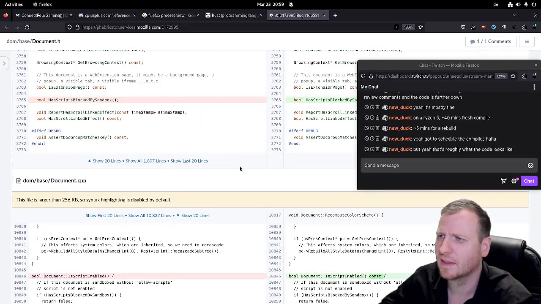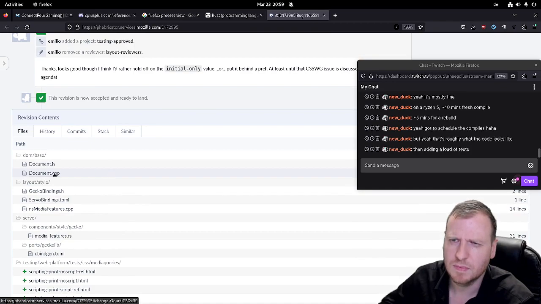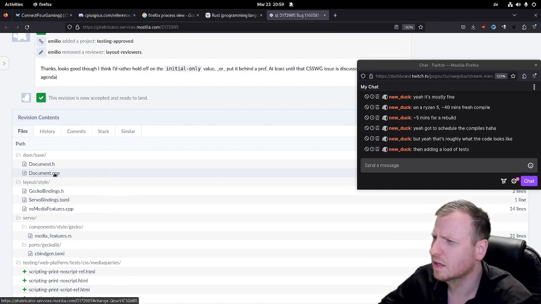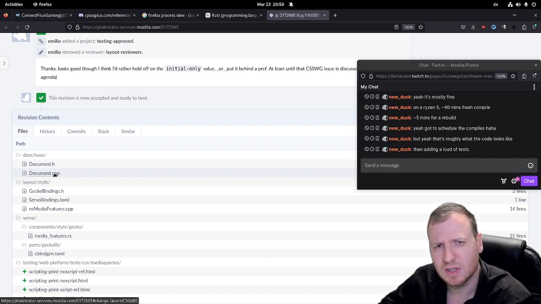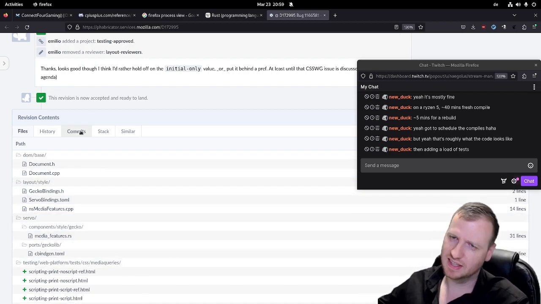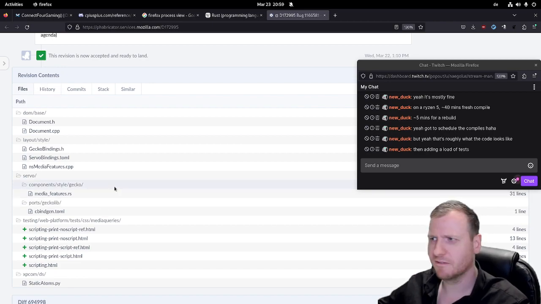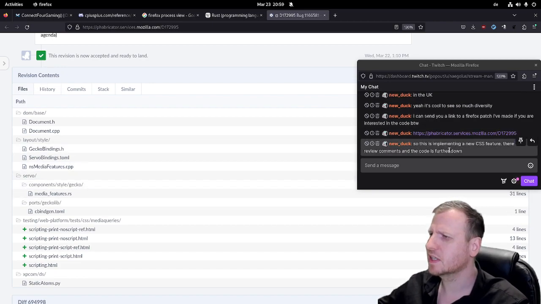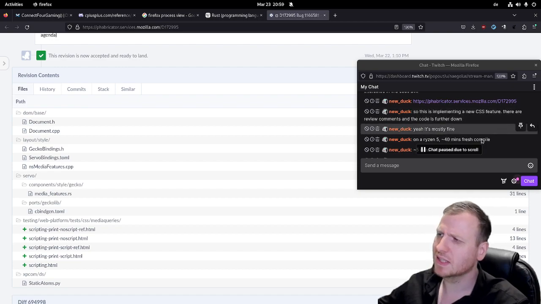Cool. Yeah, then the test. Wow, yes. Wow, because that's really hardcore, because if you change something in Firefox, and especially in CSS, implementing a new CSS feature,